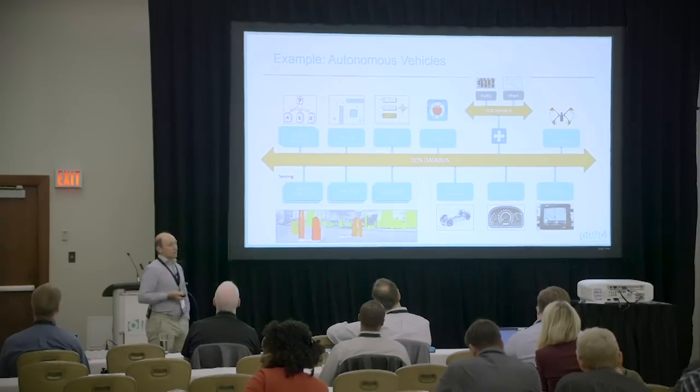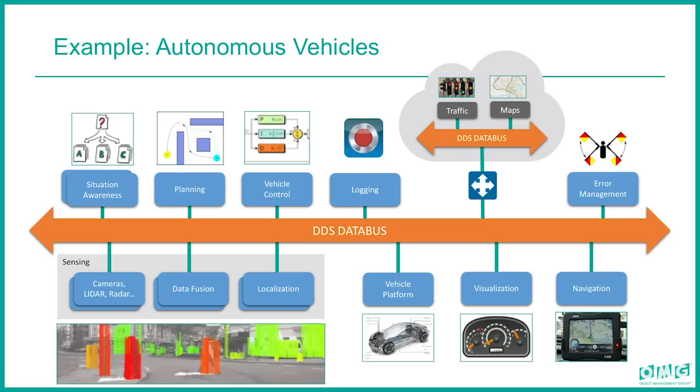Another example is autonomous vehicles. That's another area where DDS is being quite broadly used because of the whole push for autonomy that brings a lot of demands for high-speed information exchange. Now you've got LiDARs, you've got 7 cameras, you've got radars. All this information is flowing in real time. It has to be analyzed.